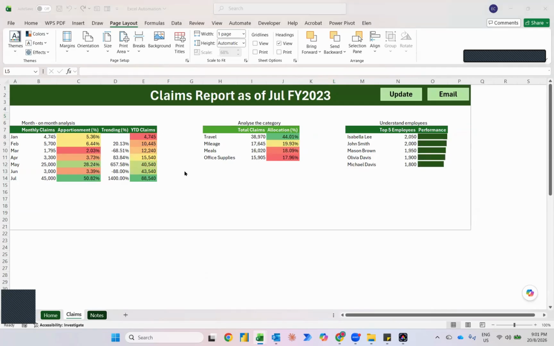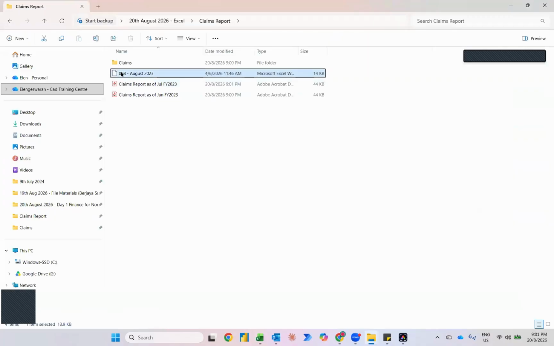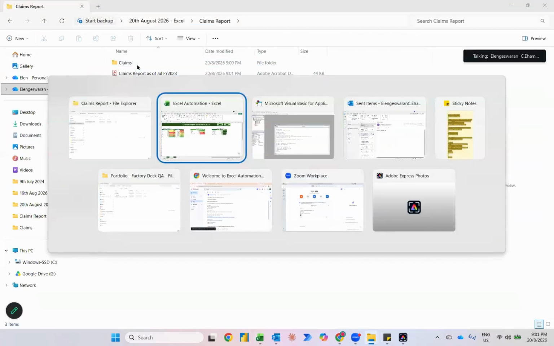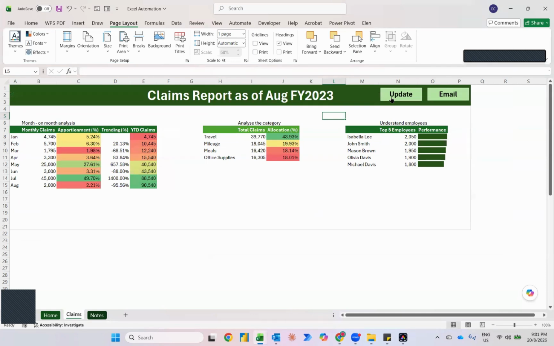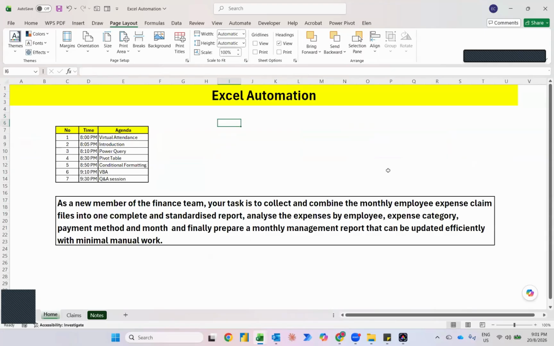So let me just do the last one. The last one is August. So go into claims and I click here update. So this one is relevant when you do an automation whereby you need to compile, you need to do the analysis, you also need to do some, what is the claims category, who is the top 5 employees, and so on. So yep, I think I got an issue. So if you understand, if you don't understand, you can type your questions in the chat box. So if you have any questions, please ask in the chat box. If you have any questions, maybe